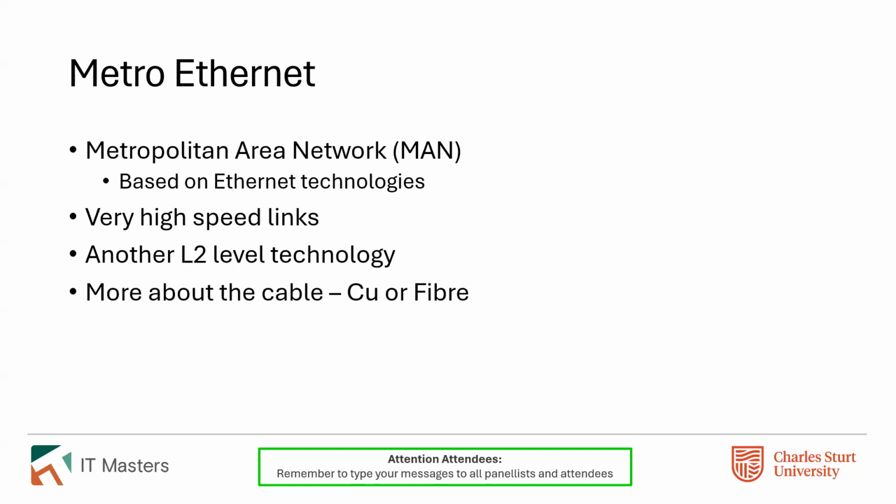Metro Ethernet, touched on that earlier. Essentially, it's just another form of layer 2. It does provide additional monitoring capabilities for the service provider, which allows them to have a service level agreement with you. But from the endpoint, it's just a copper or a fiber connection. So typically, if you're getting a Metro Ethernet connection delivered to you, you'll just be asked whether you want a fiber or a copper connection.